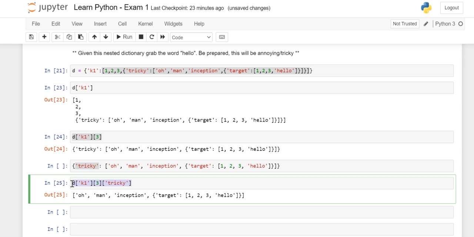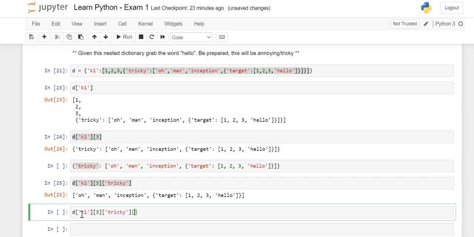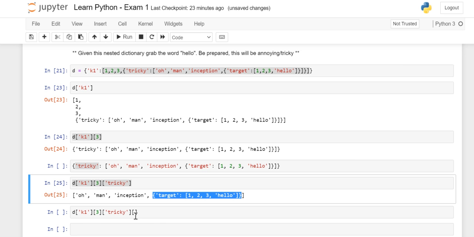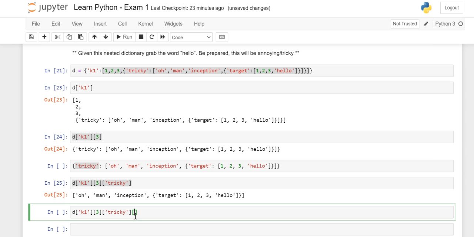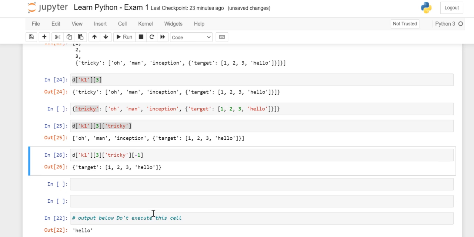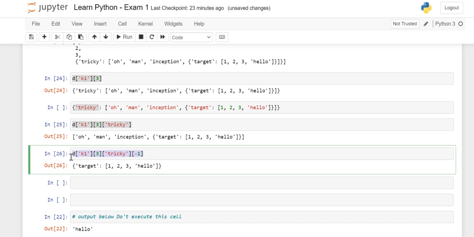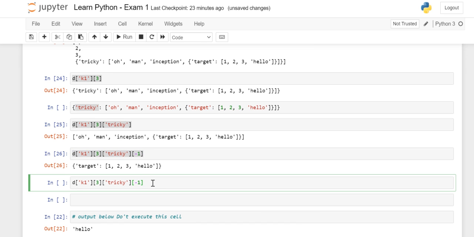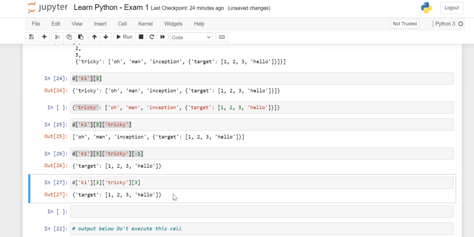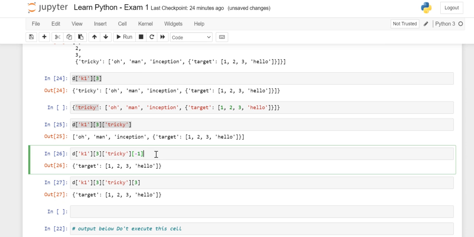So how can I access it again? Now tell me the backward indexing. This time how can I access it? This is the last element, right, of this list. So how can I access it? Come on. Minus 1. Yes, good. So there are two ways. I can access it with backward indexing as well as from the forward direction. So if I want to access from the forward direction, what should I write? It will be 0, 1, 2, 3. So it's going to be 3. All right, so what we saw is that with the help of two types of indexing, either backward or forward, you got the same output. Now we have sorted it this far.